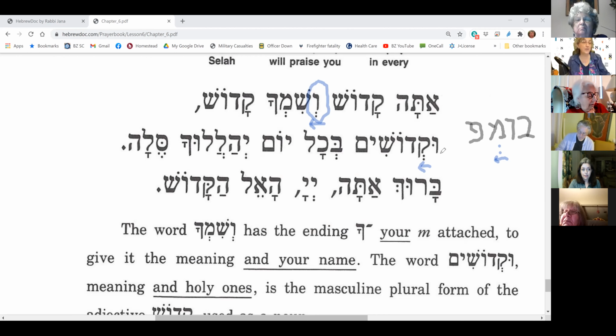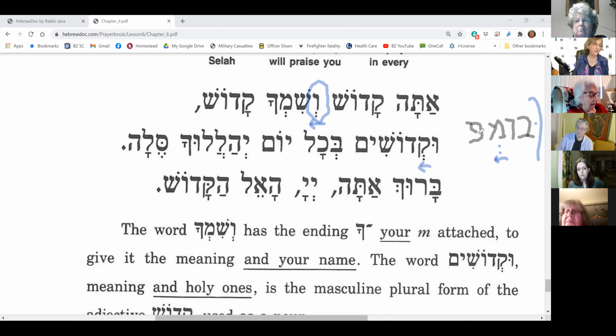So the most common thing to do when I have a moving schwa under the first letter is to put in ooh in front of it. It's not going to be big. It's never going to be big. I just did that for fun, so you could tell the difference between the two. So that's what's happening for this one. The reason why it's not a v, which is the common thing, is because you have a moving schwa. It's not a boomp, but my boomp is these 5 things: bet, vav, mem, moving schwa, and pei.